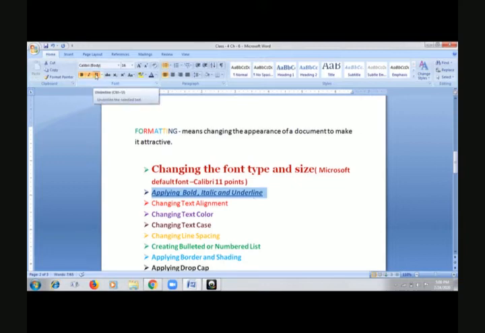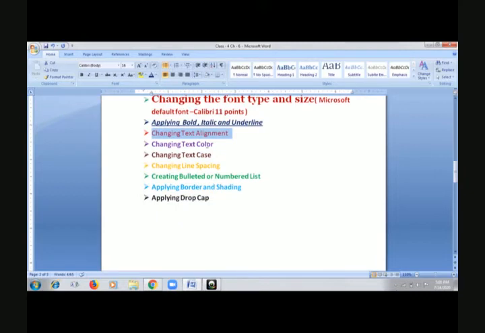Okay. The next is changing text alignment. Now see, I'm copying this text from here and writing it down here, same text, and removing this.